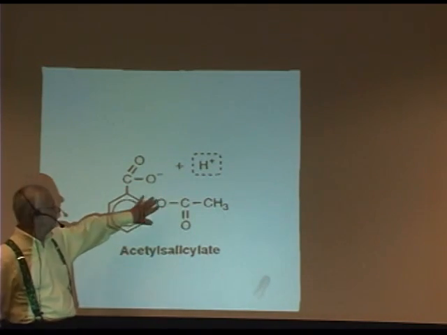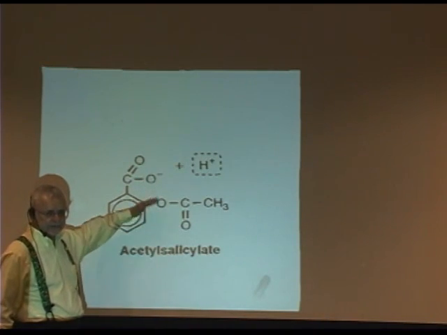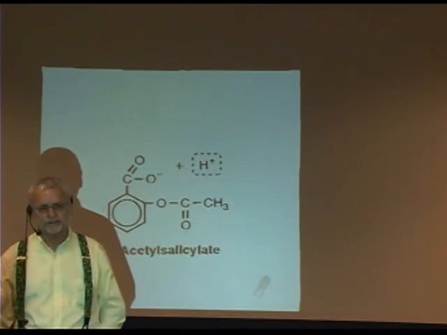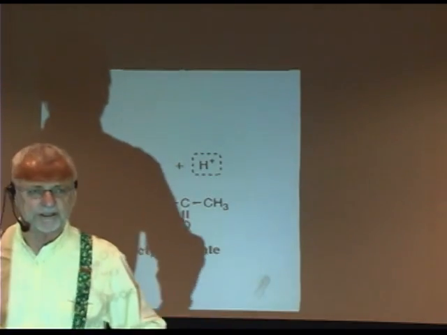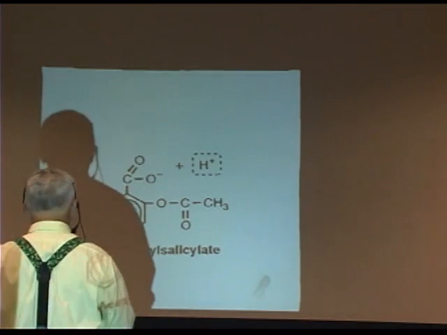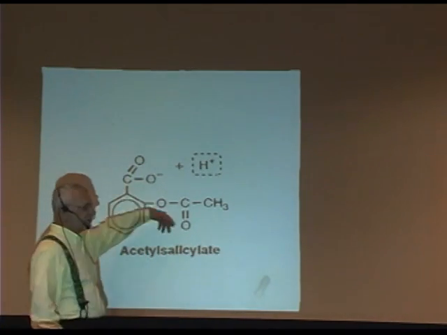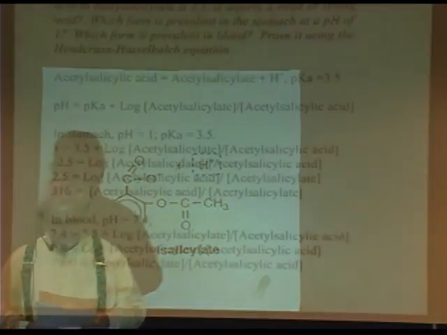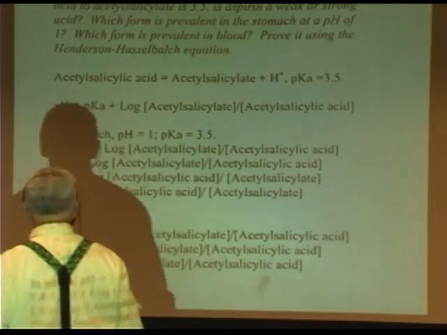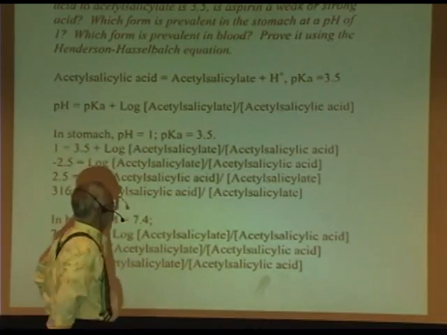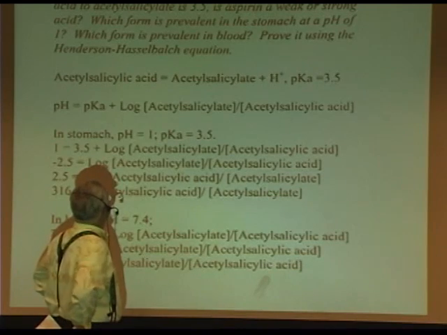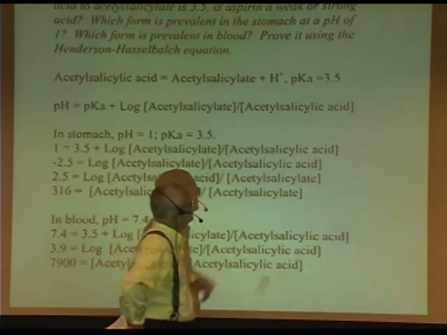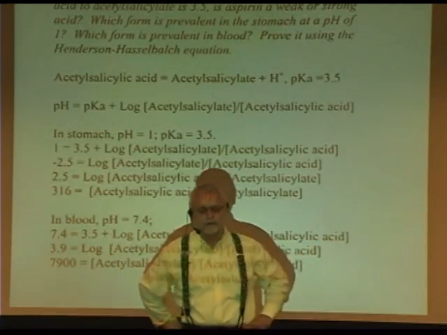In the bloodstream, though, once you take this compound, once it gets in the bloodstream, very quickly, most of this is converted to salicylate, salicylic acid, or you could call it salicylate, because if the pKa is around 3, we're going to prove to you right now that it's dissociated in the bloodstream. I'll try to blow this up a little bit. This top reaction up here gives you the acetyl salicylic acid to acetyl salicylate plus a proton. It tells you the pKa is 3.5.